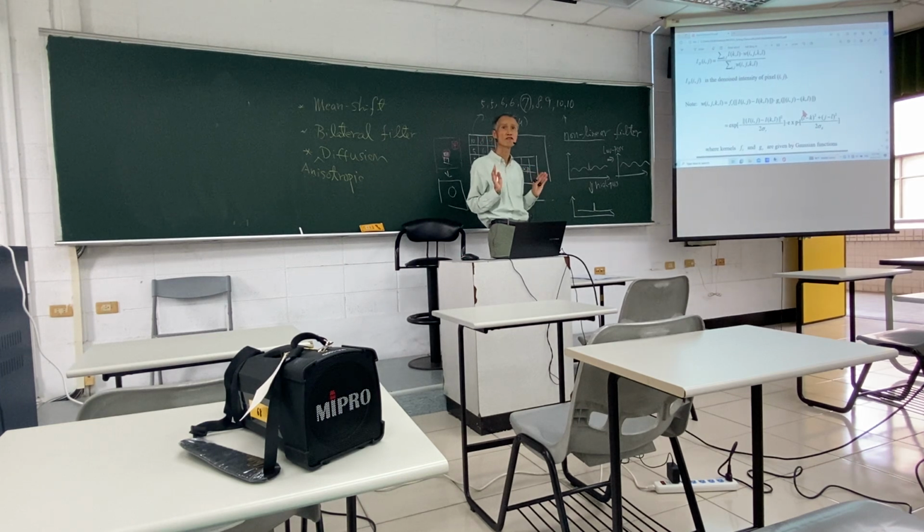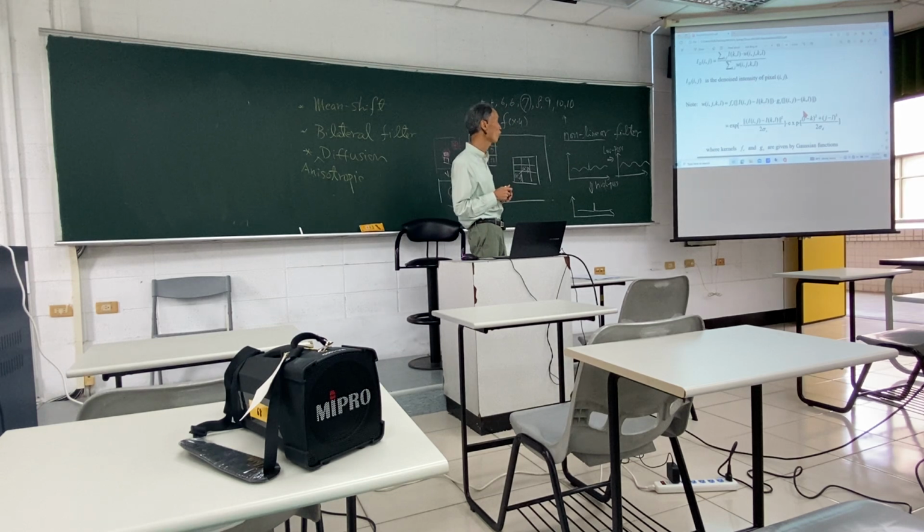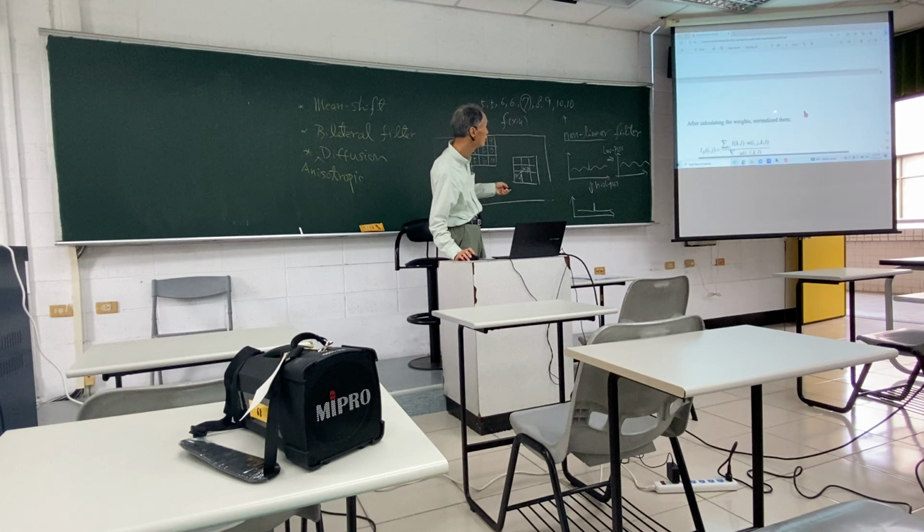Which one is better? I'm not quite sure, but anyway, that's how we get it. And because we have the multiplication of two Gaussian functions, it can be written down as